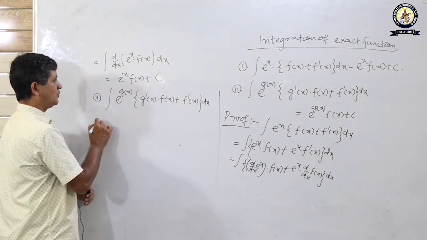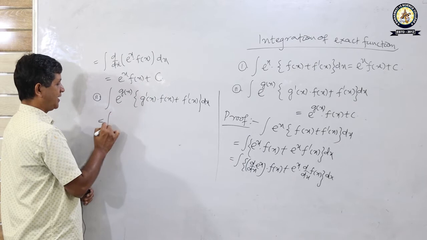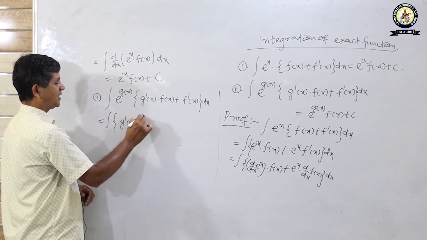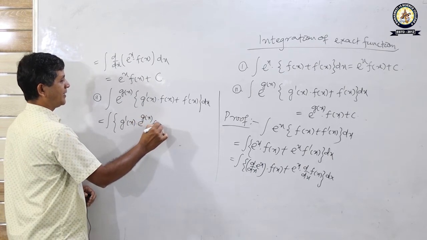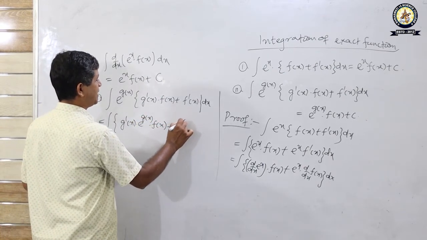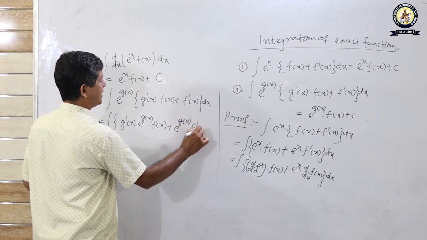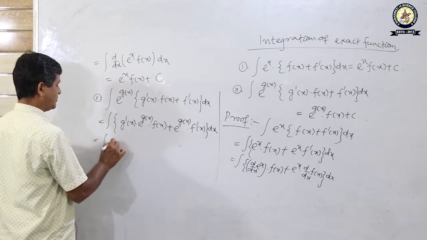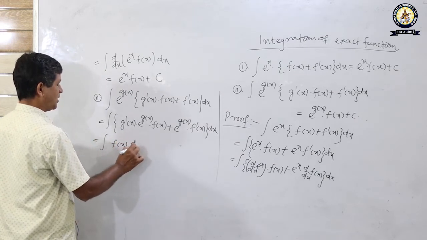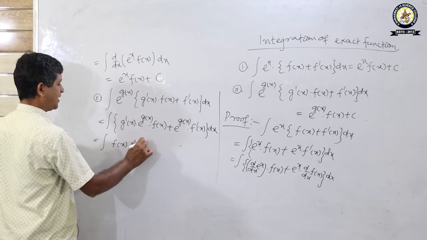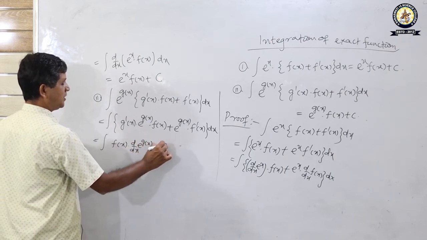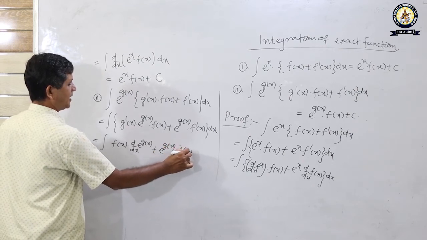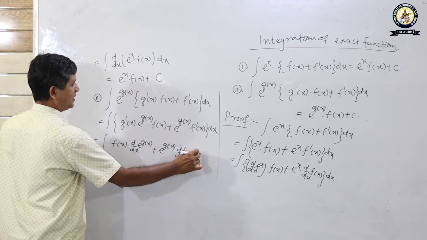This is equal to, multiplying e to the power g(x) in each term, integration of g'(x) into e to the power g(x) into f(x) plus e to the power g(x) into f'(x) into dx, equal to integration of f(x) into d by dx of e to the power g(x) plus e to the power g(x) into d by dx of f(x) into dx,